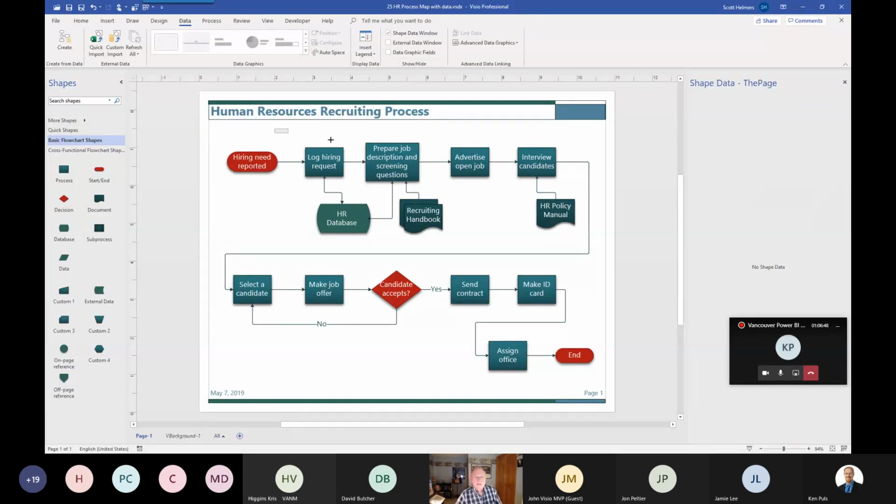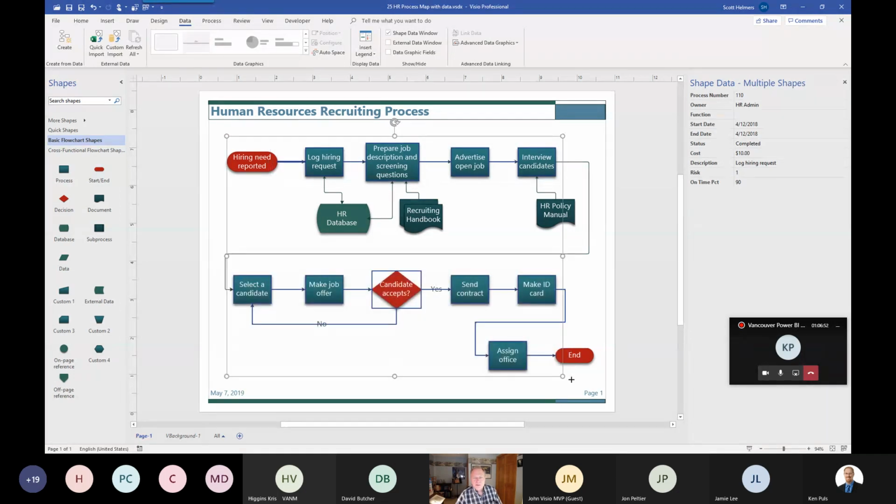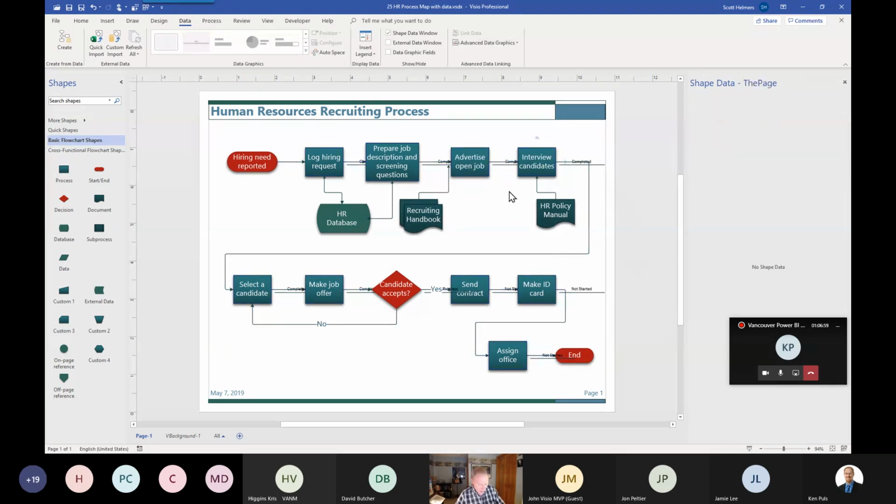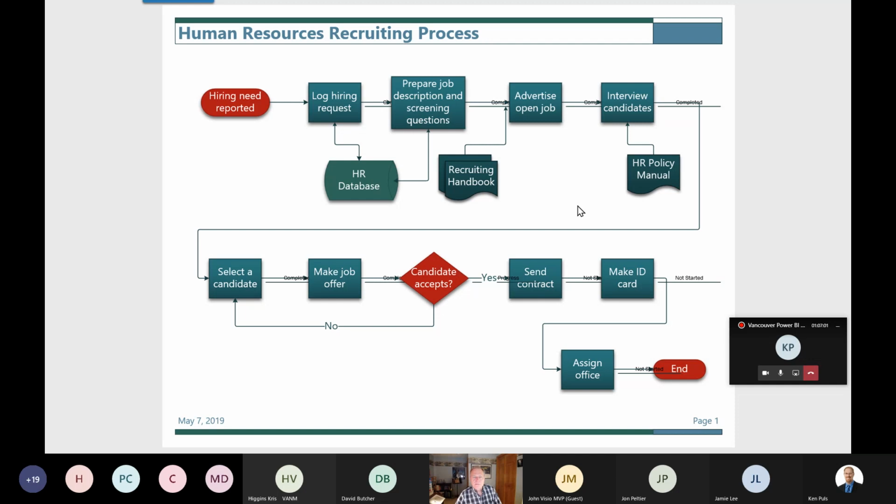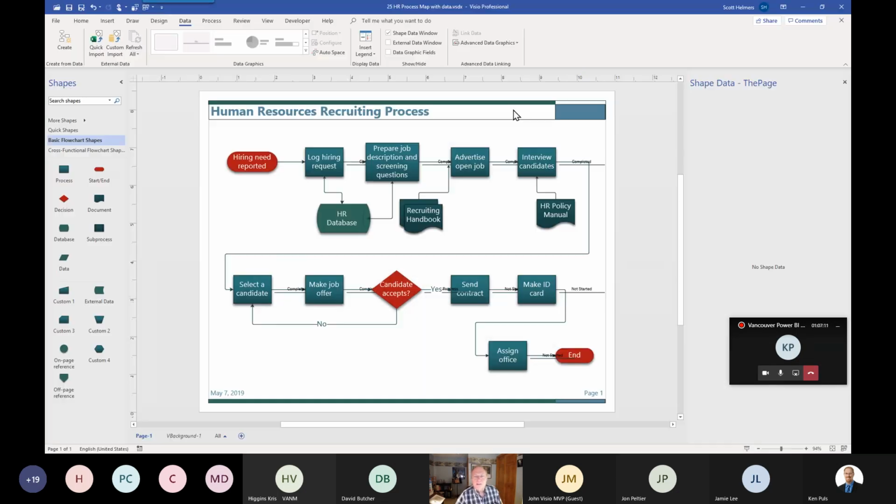So let's select the process shapes on this row and the ones down here as well. Now let's go back to that gallery where our new graphic is available. And look at that. We now have labels, but they're in really awkward positions. They say completed and in progress and so forth, but they're buried behind other shapes. So here's a case where the default positioning isn't really worth much, but here's how easy it is to fix